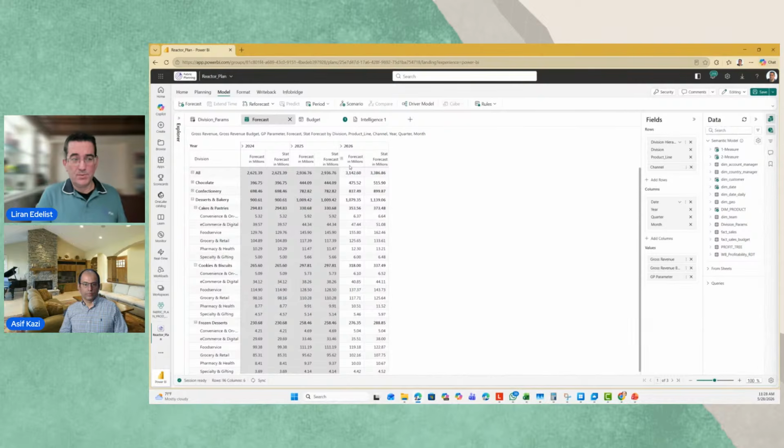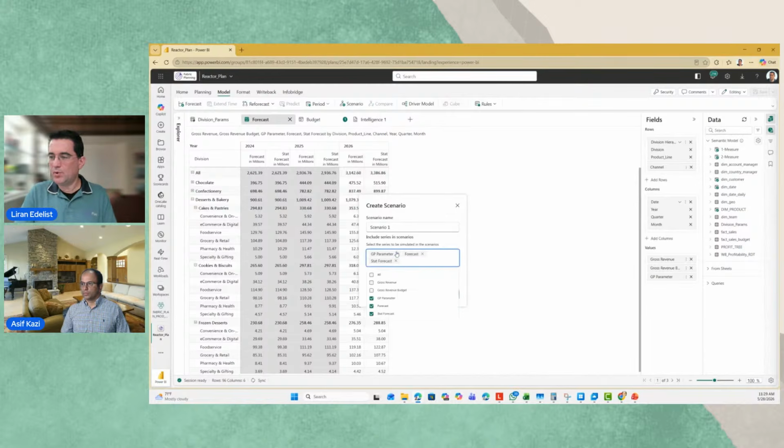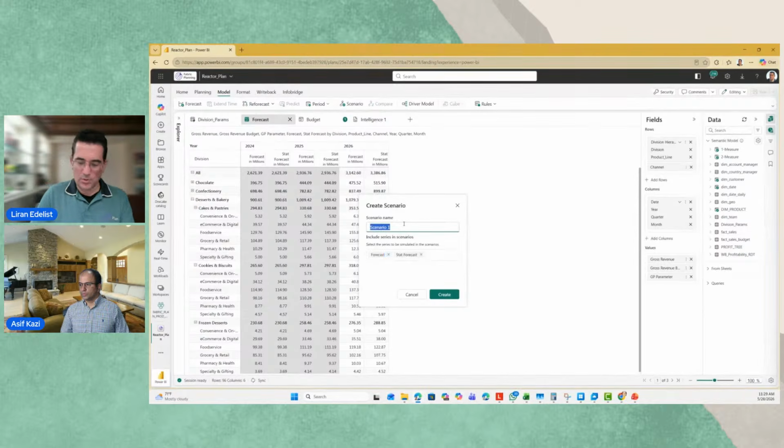The next question that people ask is, well, I trust the statistical forecast, but potentially I really want to simulate, or maybe see a different type of scenario with my statistical forecast. All of those options are also available. If you check my modeling tab here, we have a scenario option. I can create another scenario. I don't need to take all the measures necessarily here. I can really use only my forecast and statistical forecast for simulations if I want to. Because we are positive, let's do the best case scenario. I can just give it a name.